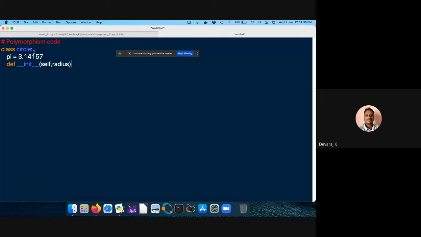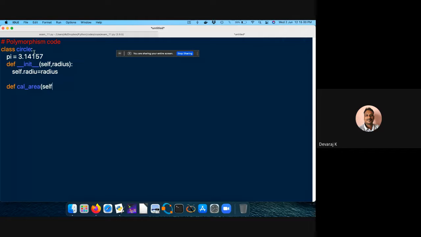I need to define self dot radius is equal to radius.